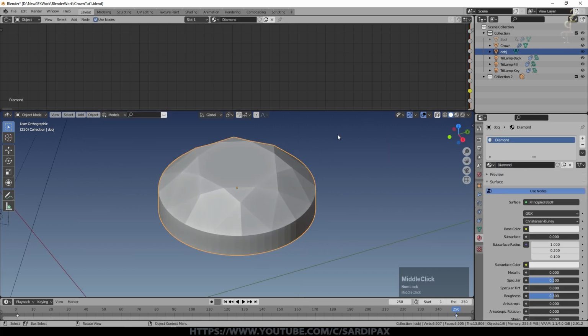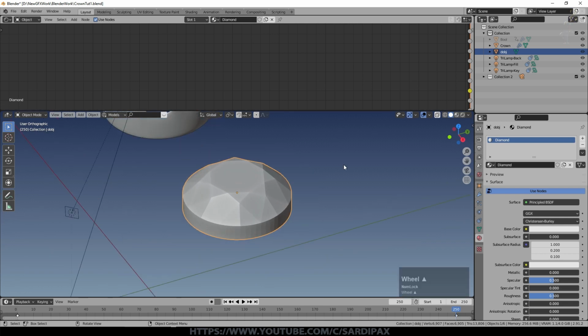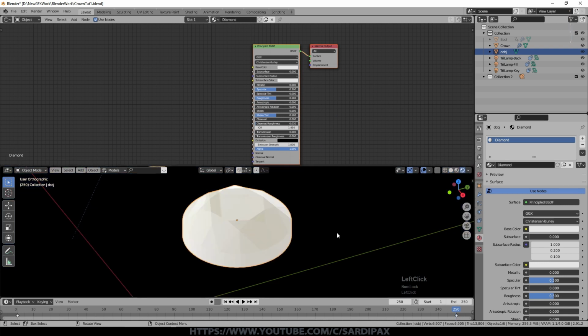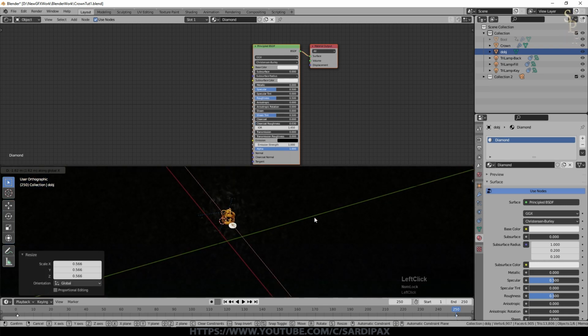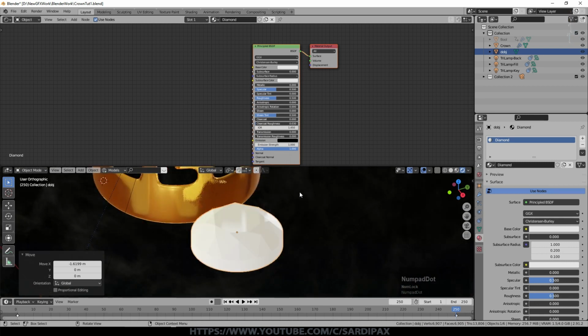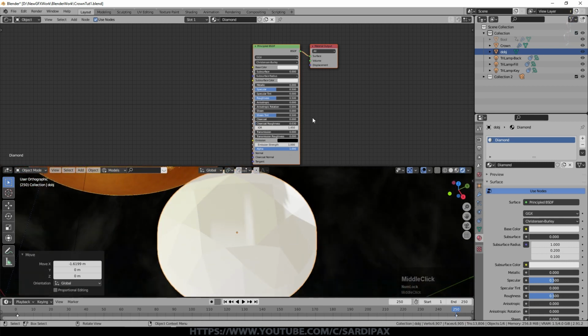As I say, there are limitations. There's limitations even in Cycles, but there's even more limitations on what you can achieve in Eevee. So it's about compromises and just going for an effect. So we'll go to rendered view. It's quite a large gem at the moment, so we'll scale it down a little, and we'll just put it somewhere close to the crown so that it's picking up some of the light. So it's just a shiny white object right now.